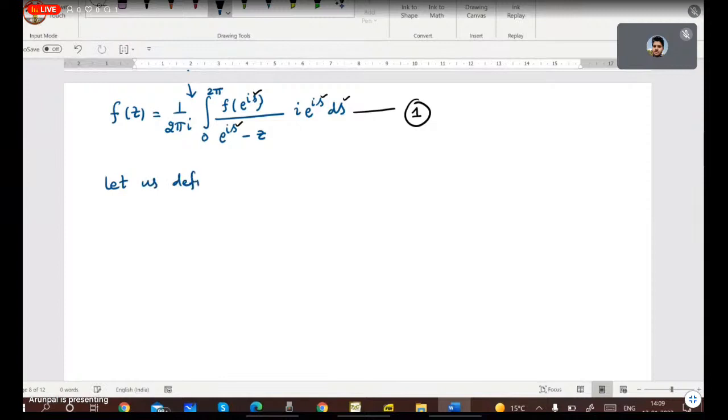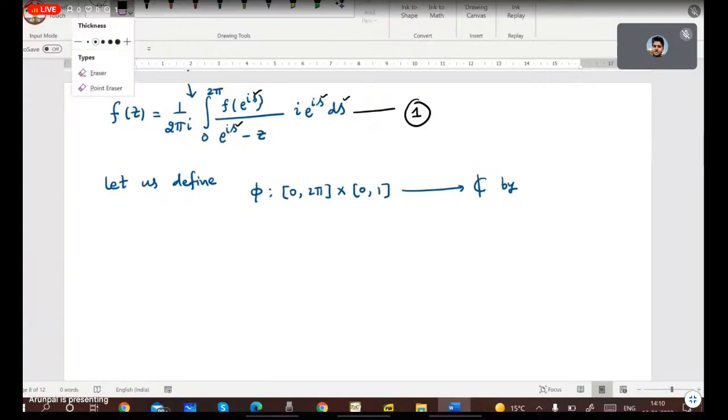So let us define, it's a very strong approach, let me tell you class. Let us define this phi of s comma t is equal to, sorry class,